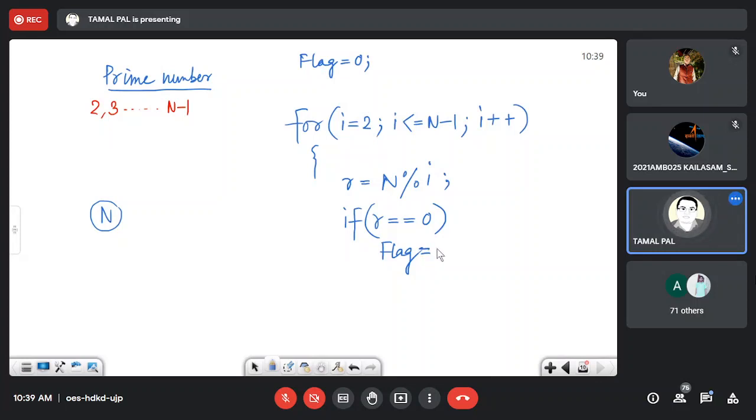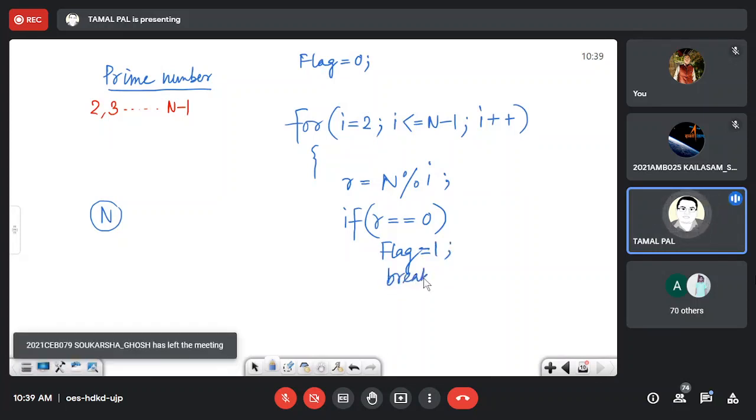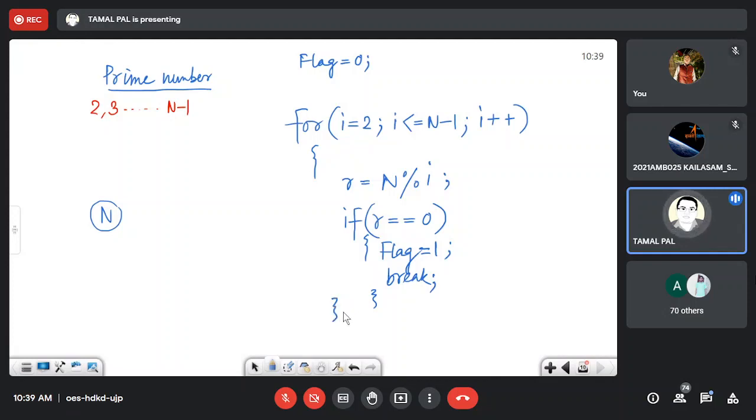Now I set flag equal to 1 and write break, because if I find any division, I don't need to continue that loop. And after that loop, I will check whether flag is equal to 0 or not. Then we write prime.